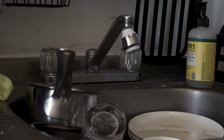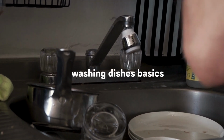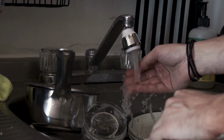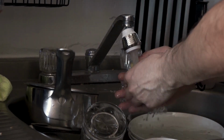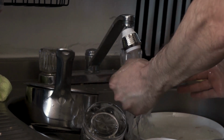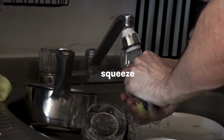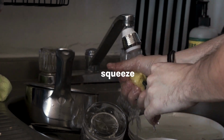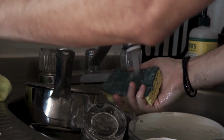All right, we're doing some washing dishes basics. Run those hands under the water, get that water warm, squeeze out that previous wash with that sponge, squeeze. All right, get some of that soap, pour it on,